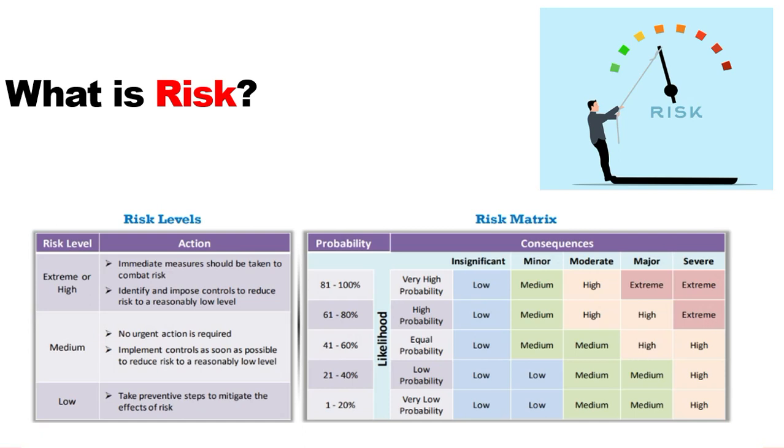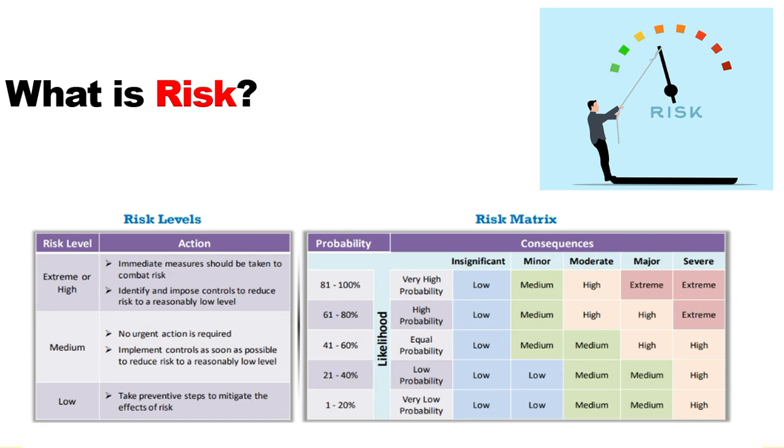Then the risk matrix. The risk matrix is a tabular definition of risk, vulnerability, and there is also an asset value. Based on the asset value, the risk is determined, so that also helps in identifying the risk level. Once the risk level is identified, there is also a matrix we can define. The matrix is about the risk scale, the risk occurrence, the likelihood, the probability, along with its consequences or impact.